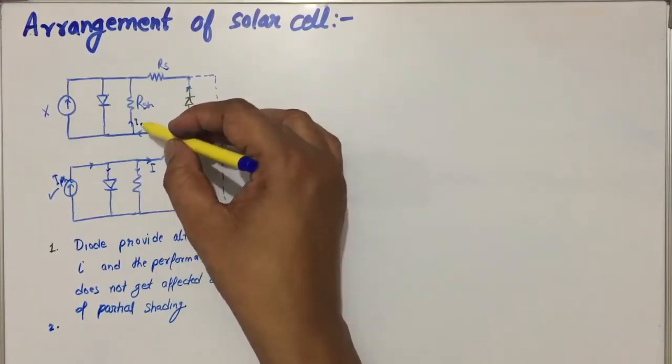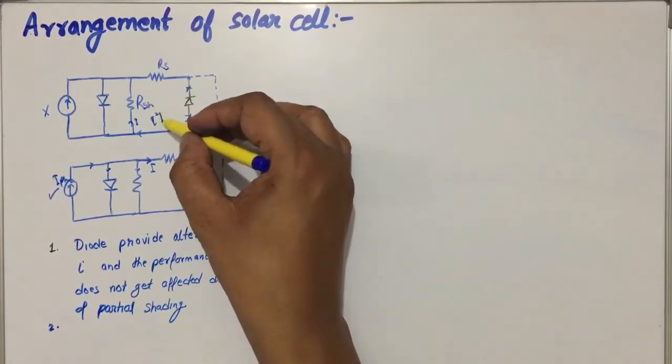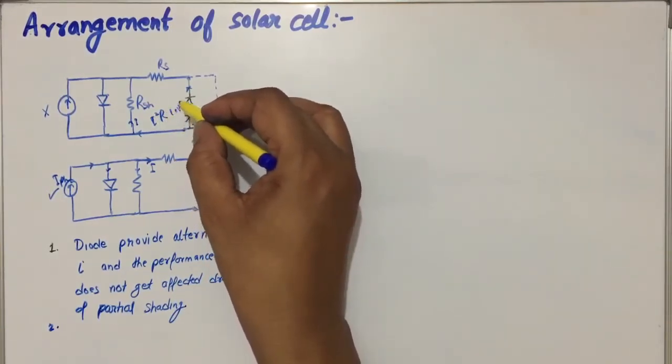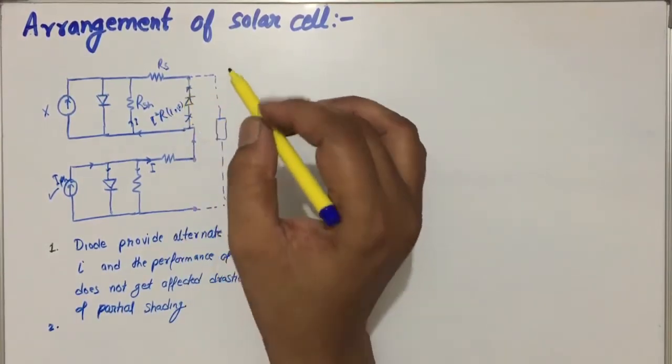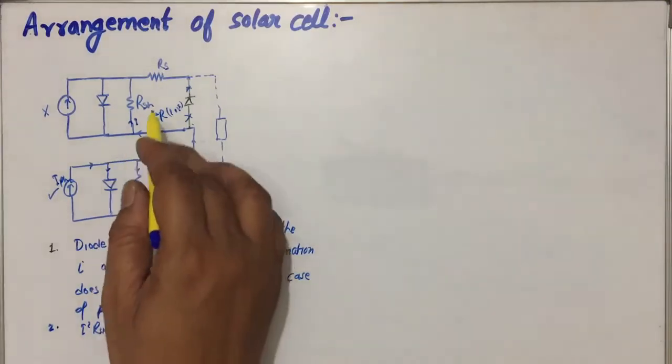So this current flowing through it will produce I square R loss, and this I square R loss will cause a hot spot here, and